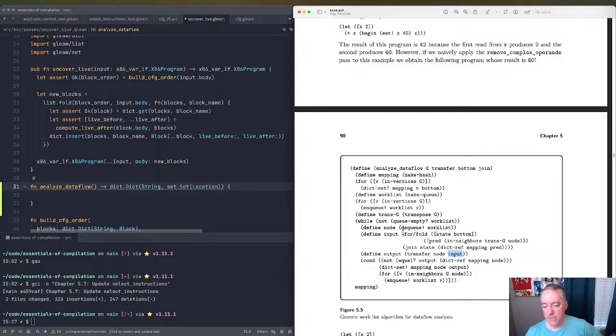Okay, so this is get me all the live before sets for the incoming edges, the blocks that are on the incoming edges, and you're going to fold over them, unioning them together basically. So get the current mapping out of the dictionary, union them together, for all of the edges that may come into this, and then